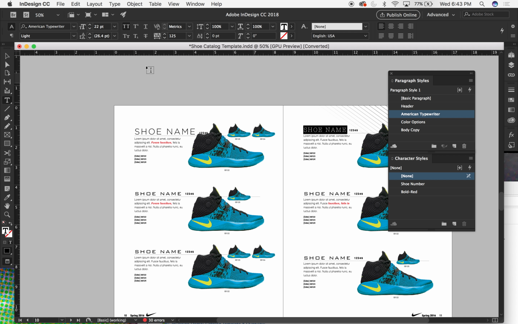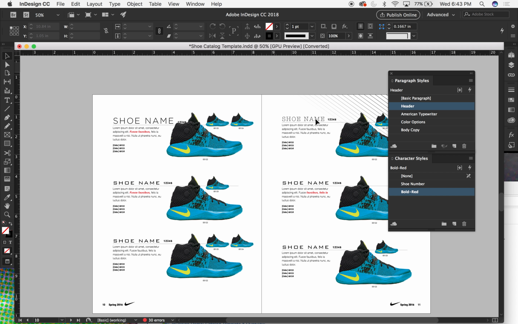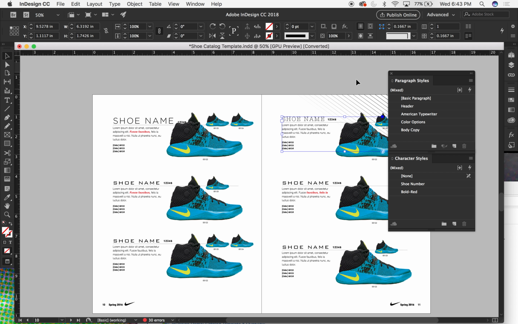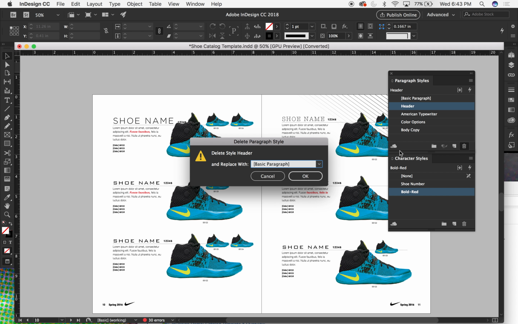And then this is kind of fun. Let's say I want all my headers to be this American Typewriter style. This is where I'm going, but I have all these other crazy styles going on in the whole piece. What I'll do is take my original header style and throw it in the garbage can. Then a dialog box pops up that says delete paragraph style and replace with. So I can replace the paragraph style I'm deleting with a new one,